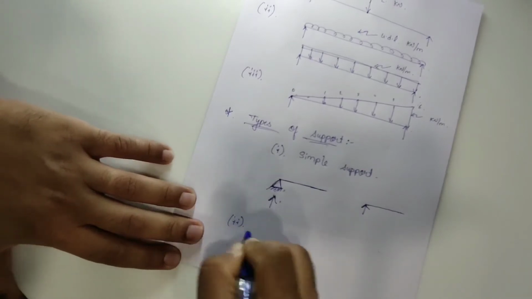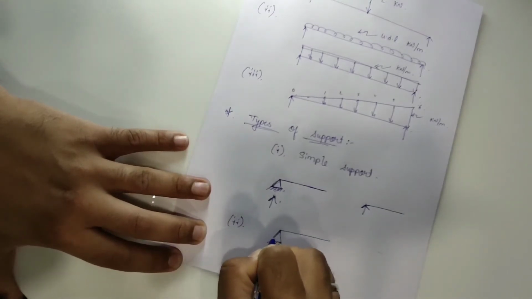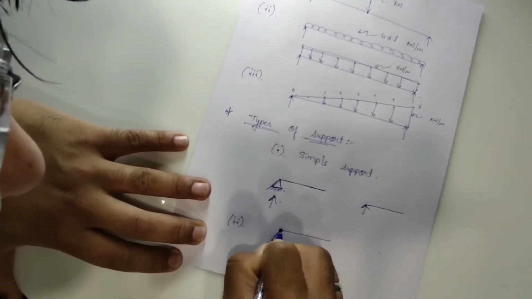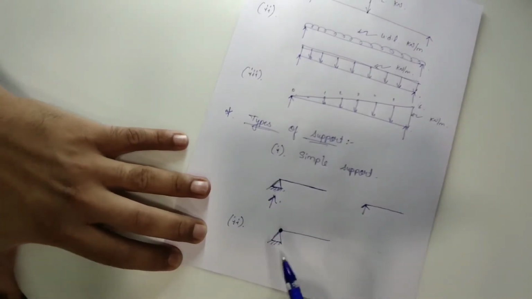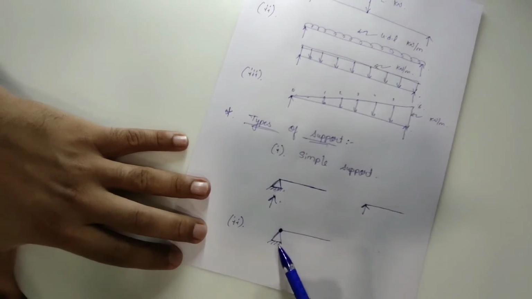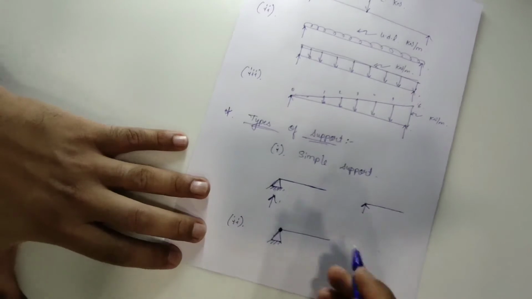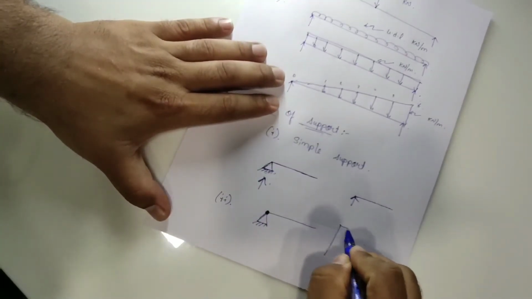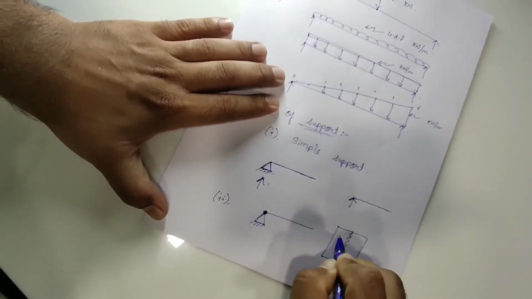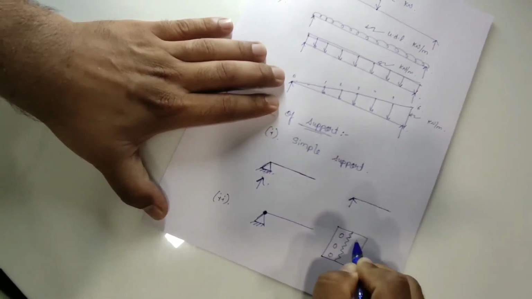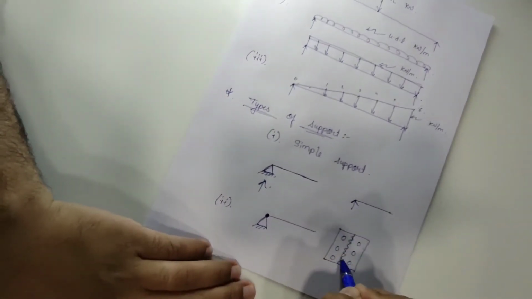Now talking about the second support, that is hinged support. At a hinged support there are some dots over here, the hinge dot is shown. In this way you can visualize that this is the hinged support. Simple support has no dots there. If I am talking about the hinges of a door, this is the place where the screwing is done. So these are the hinges.